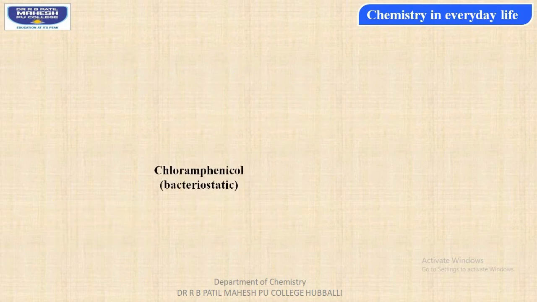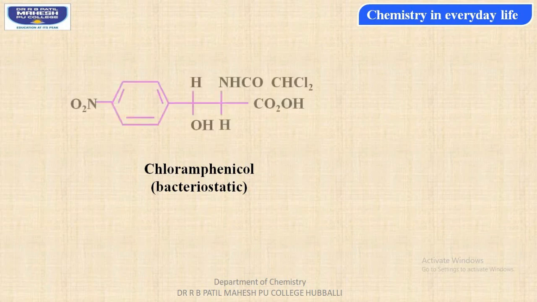And the next example is chloramphenicol, which is bacteriostatic, which completely stops the growth of microorganisms, with the molecular formula C11H12Cl2N2O5. Thus students, bacteriostatic or bactericidal antibiotics can be used to inhibit or kill the microorganisms which are present in